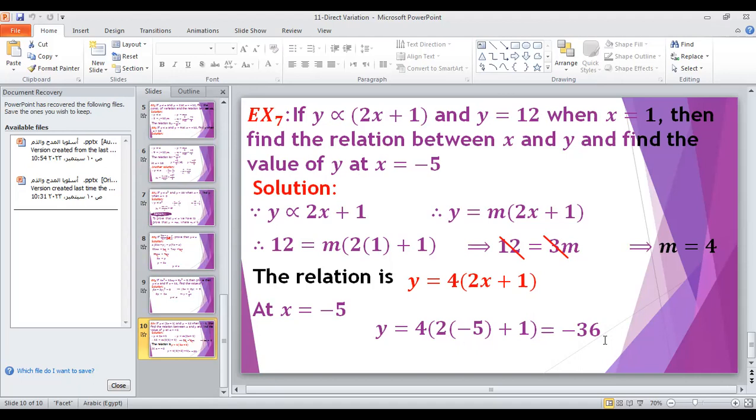Our lesson today is so easy. Try to solve more exercises by yourself,